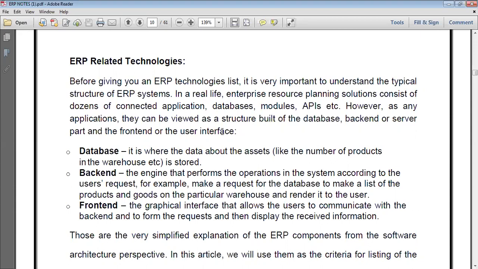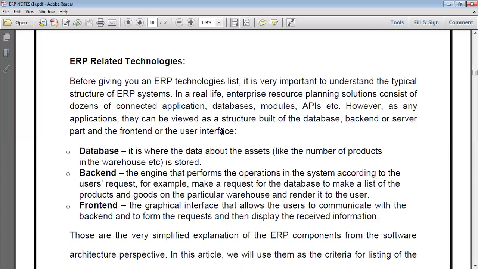Any application can be viewed as a structure built of the database. So in the technology system we have back end technology and front end technology, and at the same time the database also.